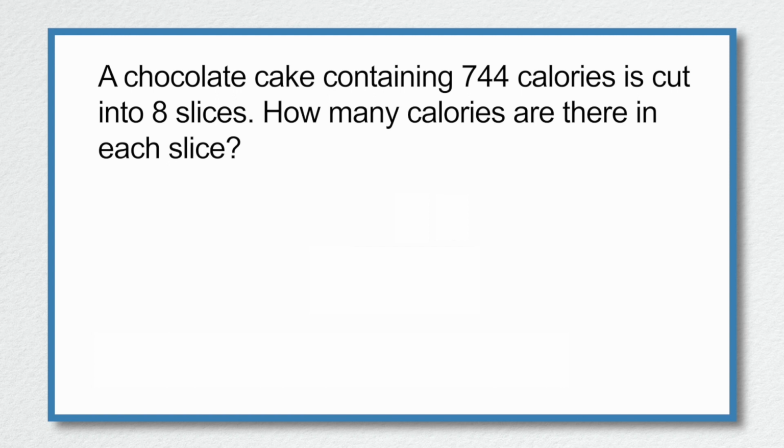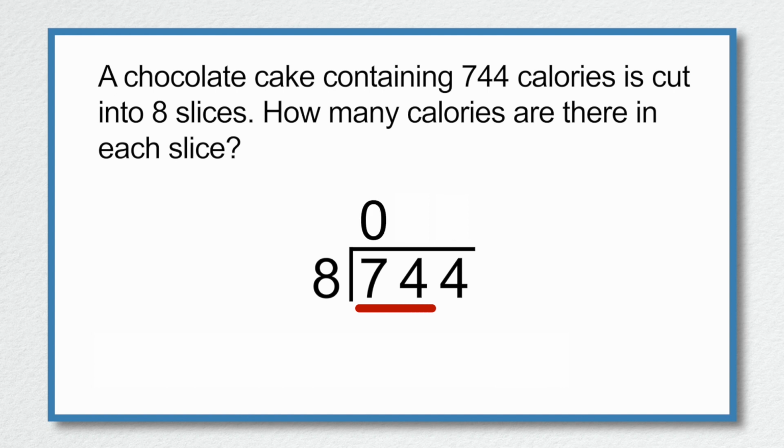How many calories are there in each slice? So there's our problem, 744 divided by 8. So we set this out. Working from left to right, we have 7 divided by 8. Because 7 is smaller than 8, we therefore look at the first 2 digits, which is 74. 74 divided by